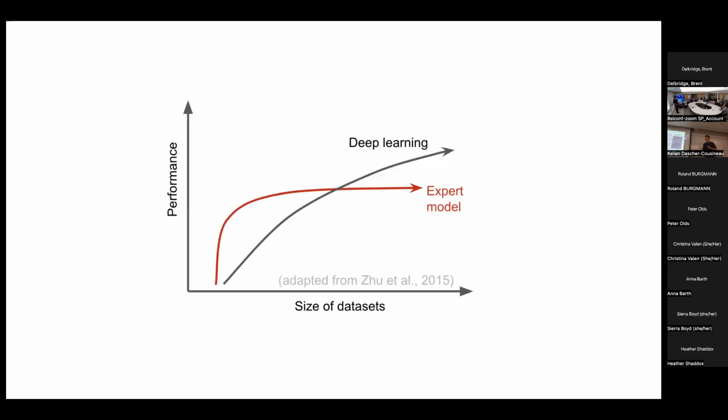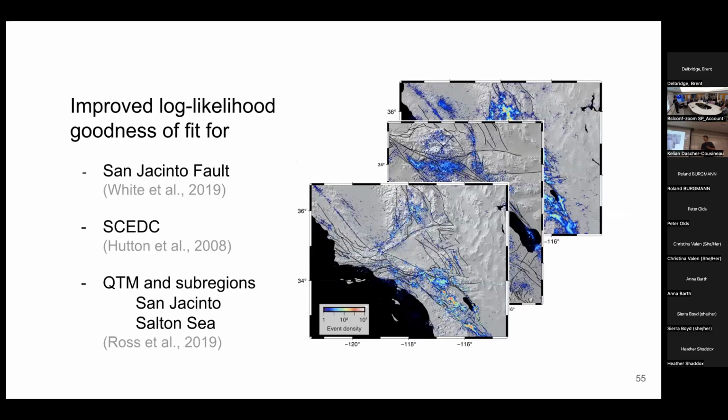And this kind of takes me to my other point, that I was quite concerned that it also might be some artifact of this particular catalog. Maybe its processing was weird in some particular way that was well suited for RECAST, but not necessarily well suited for ETAS. But in fact, all the catalogs that we tested, and that includes this subregion generated by White and his co-authors, the entire Southern California data set, the center catalog, as well as the QTM catalogs, and then sub-regions of the QTM catalogs, all of those indicated that, at least in terms of goodness of fit, it seemed like this RECAST model was outperforming the cyclone ETAS.